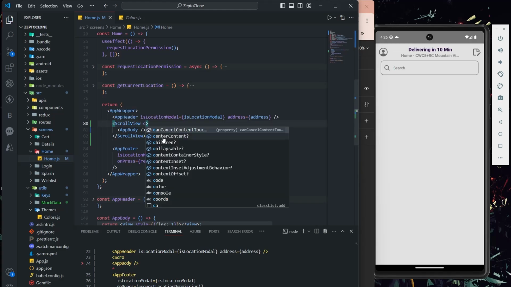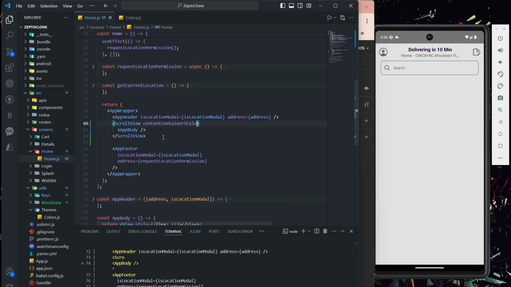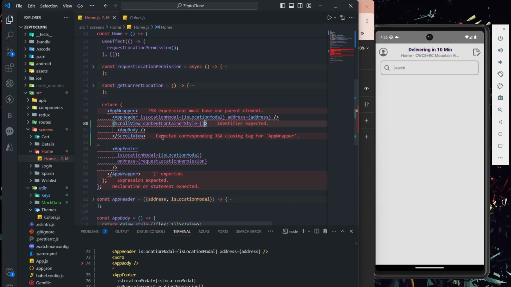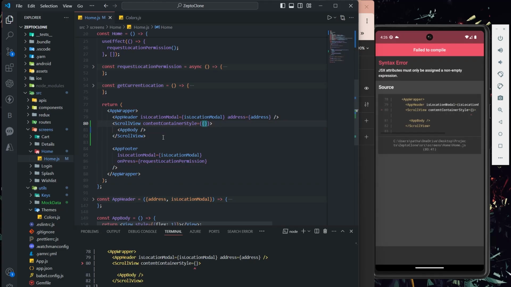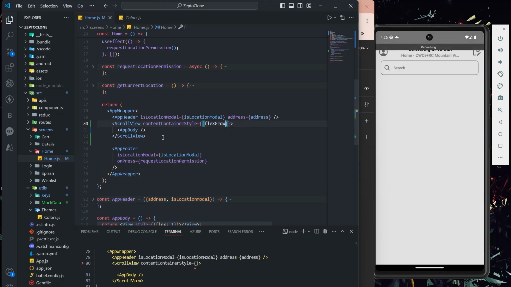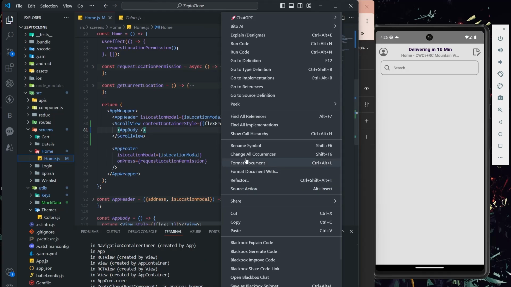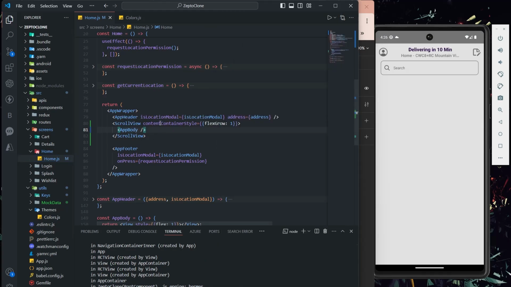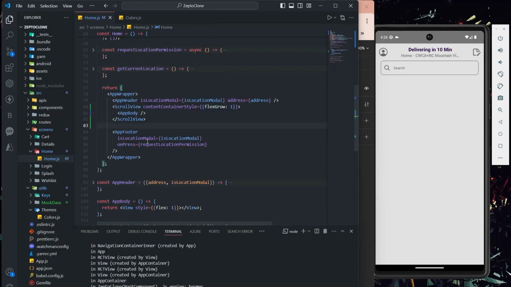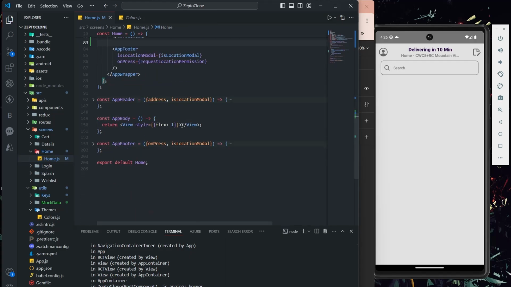And there is a content container style. Basically if we use this, we are able to set flex grow one, so that we are able to use flex in scroll view. If we didn't use this one, flex won't work in this. One more thing you need to keep in mind. So yeah, now in the body what I'm going to do,